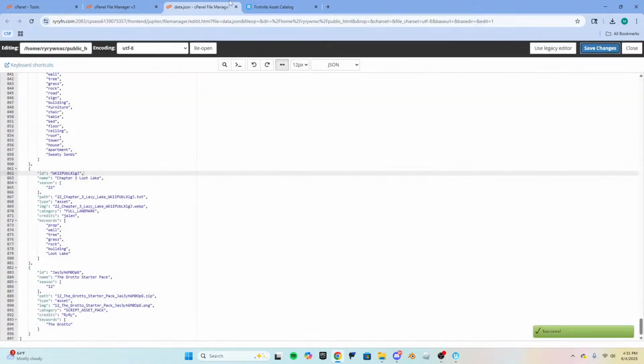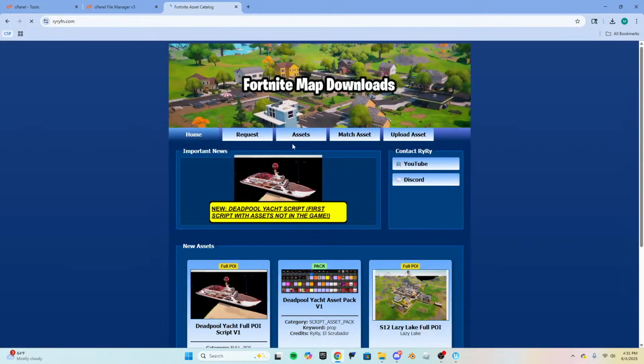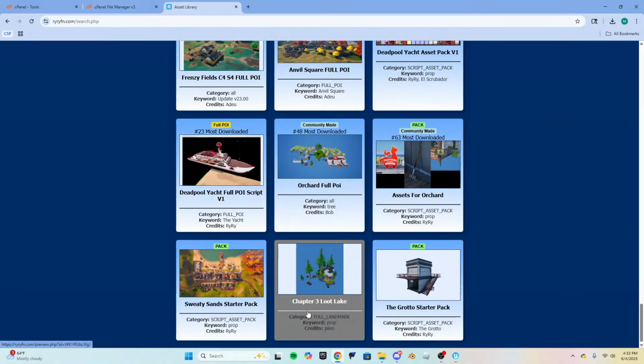There you go. All right, it should be renamed now to Chapter 3 Loot Lake.